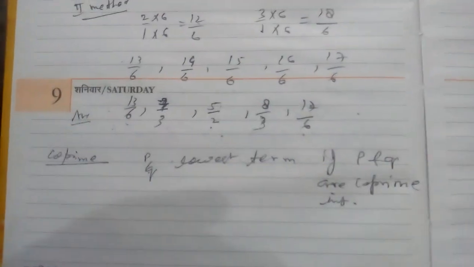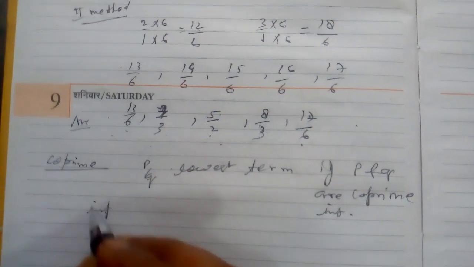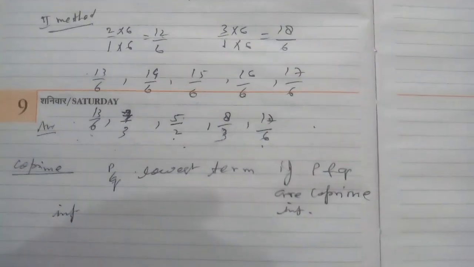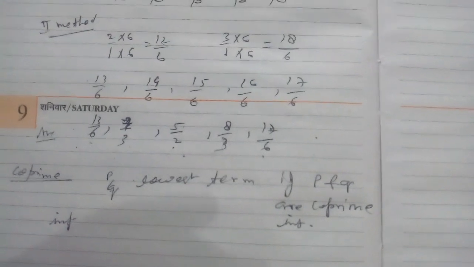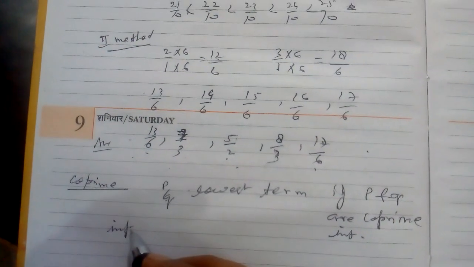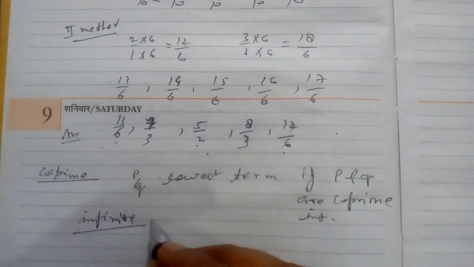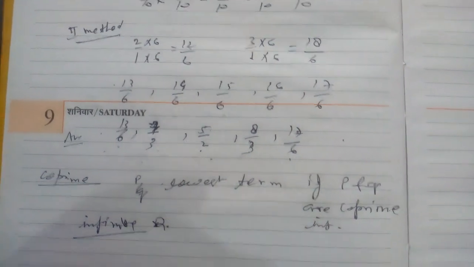So how many, like you have written here? Like this you can write 100 factors. So infinite number. How many rational numbers between two consecutive numbers? There are infinite rational numbers, and that set is Q.